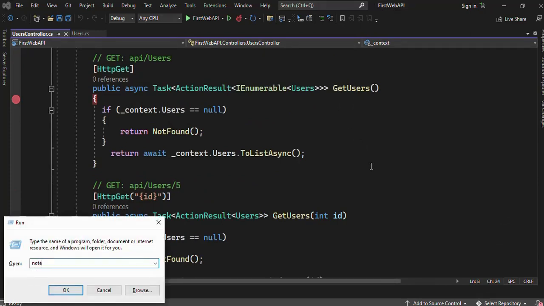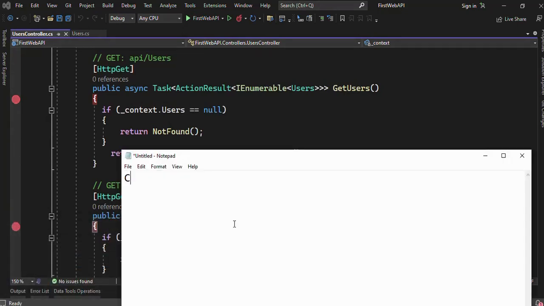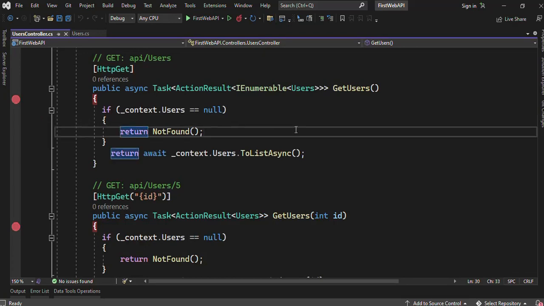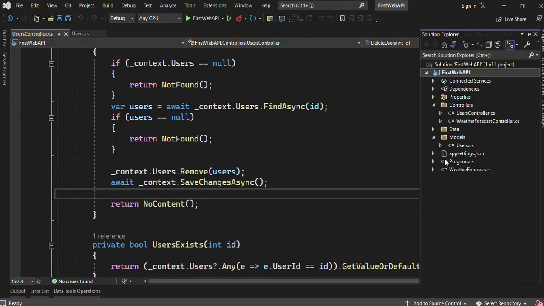Let's open the notepad and see. I said CRUD, that means create, read, update, and delete. So all CRUD operations have been implemented without writing a single line of code. It generated the code as well as the DB connection. Before running the application, we need to check the configuration file. So just click on the appsettings.json file,